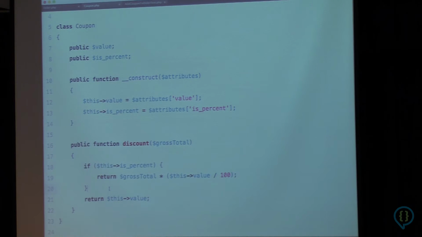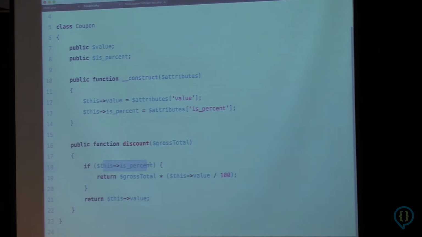So it's looking a little bit better than it did before. But now imagine a new requirement comes down the line saying that you need to be able to support coupons that give you a discount only if you have at least an X number of books in your cart, right? So all of a sudden you're thinking, how am I going to implement this?